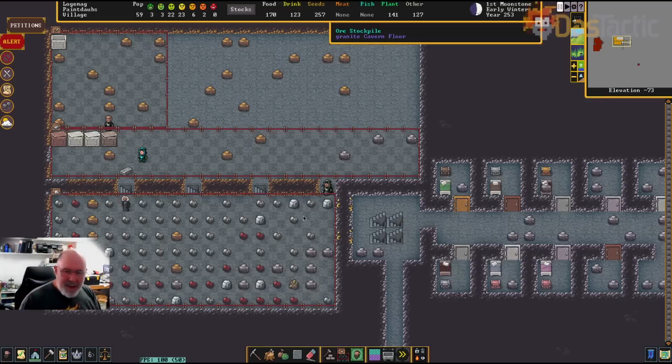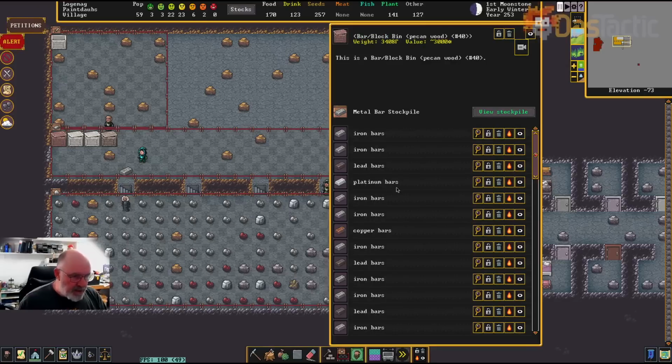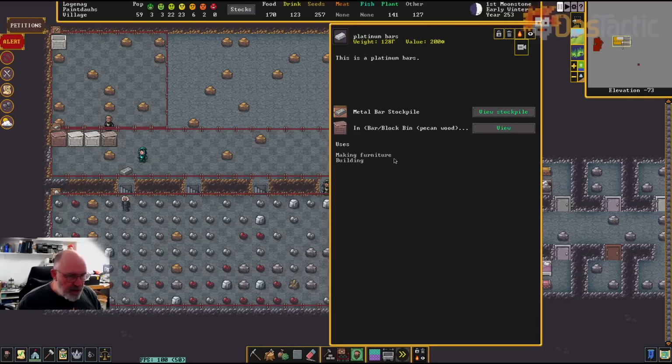By the way, you can't use platinum for armor or weapons. It's great that you can click on this one and it tells you you can make furniture or buildings from it. So nothing much else really. But that still means you can make chains and things like this out of it, or even just metal bars, which again will bring a very high quality element into your actual